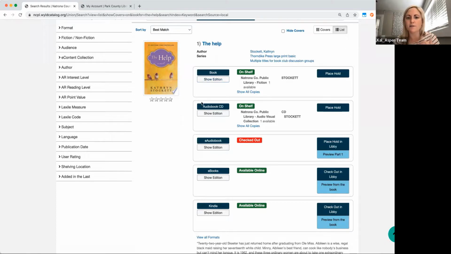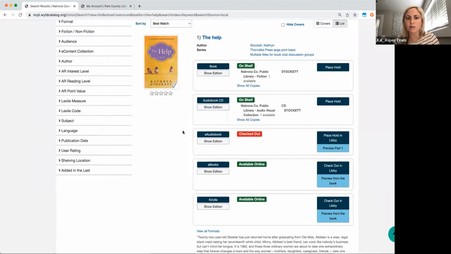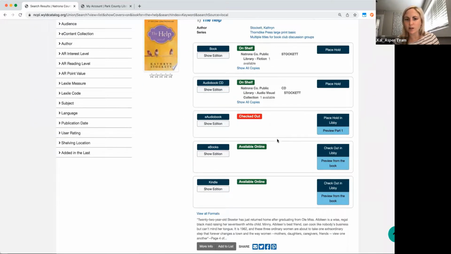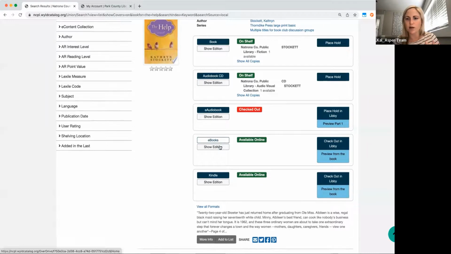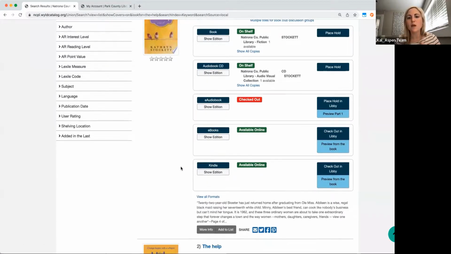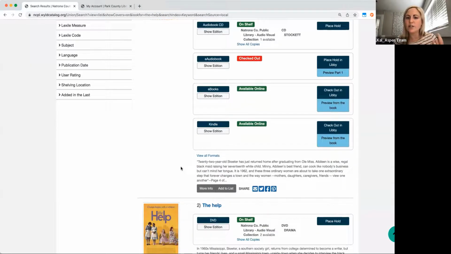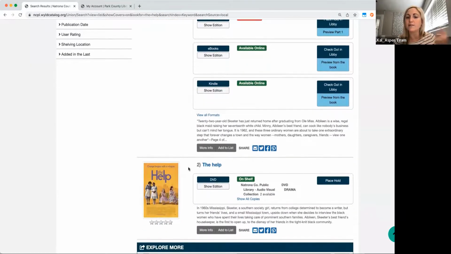We're seeing all the different formats that the library has access to. So there's a regular print edition, there's an audiobook CD, there's some things on Libby available. So there's an e-audiobook, ebook. There's also a Kindle version if I just have a Kindle and that's important to me. But we don't see grouped together, for example, the DVD, because that's a different expression of the work.